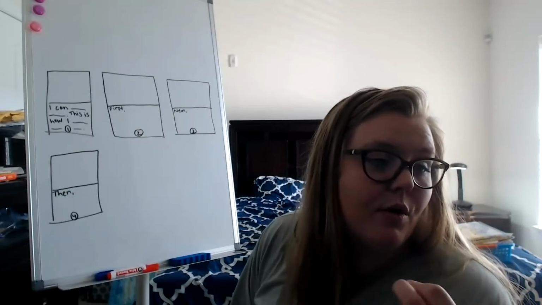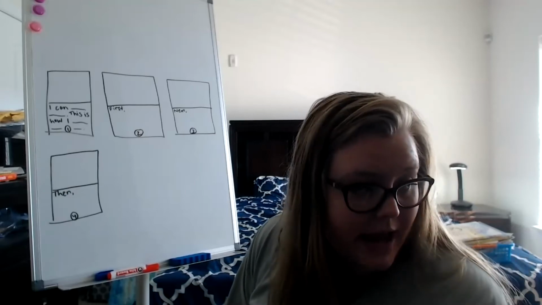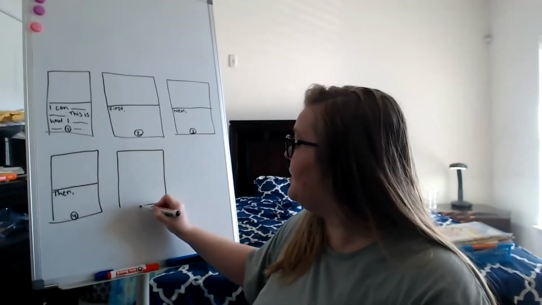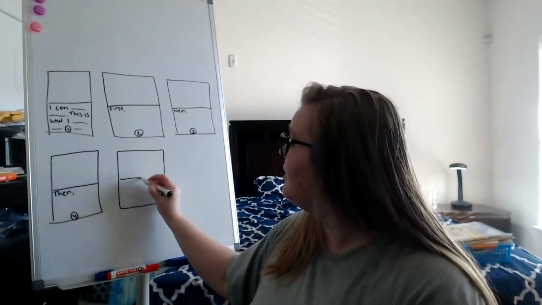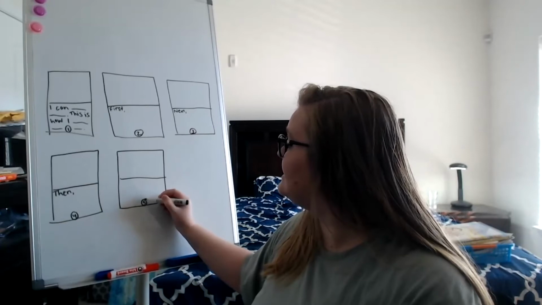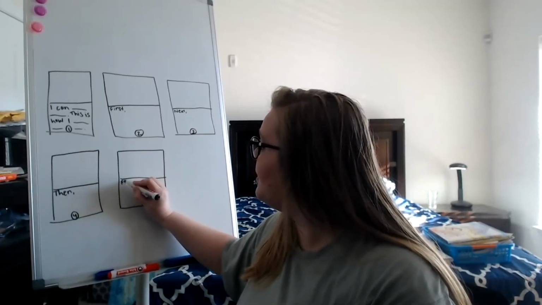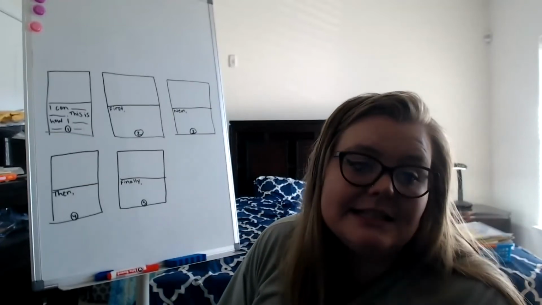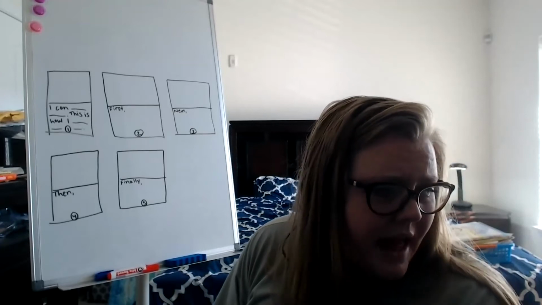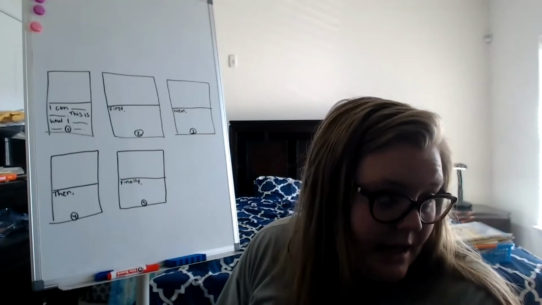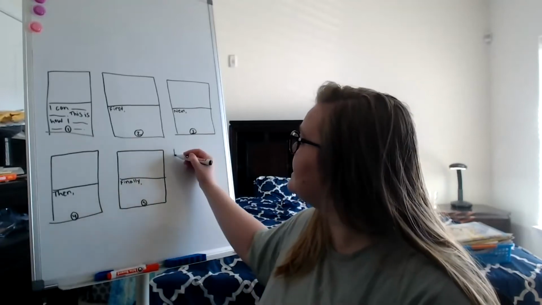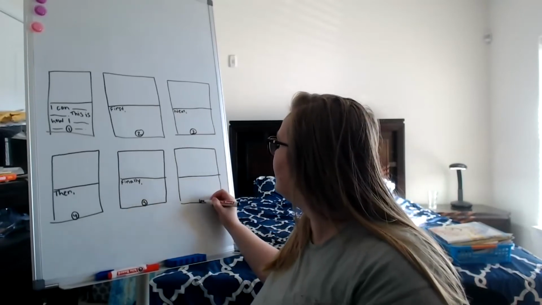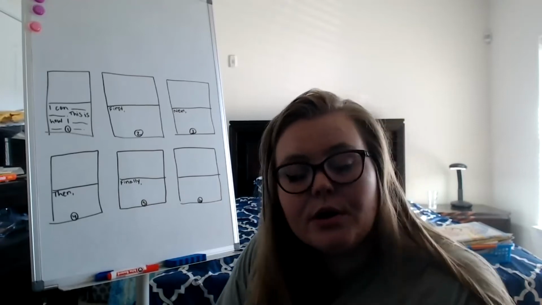And then when you get to your last page, when you get to your last step, a good way to say your last step would be the transition word finally. So finally means that this is the last step. Then it says, after you have all of your steps, it says to do a closing page. So your last page of your book should be a closing.